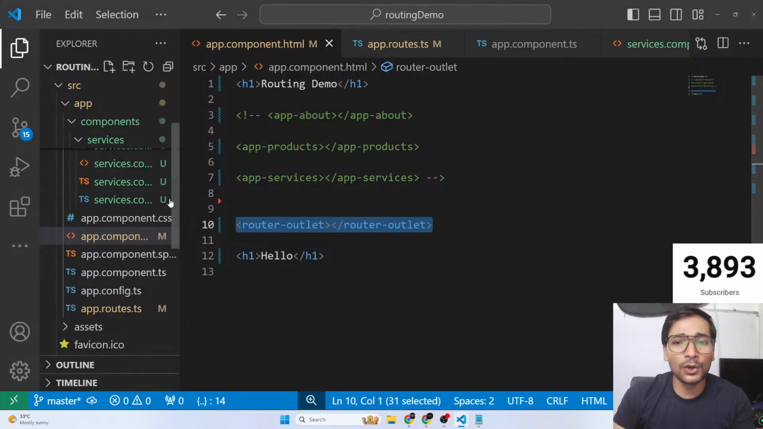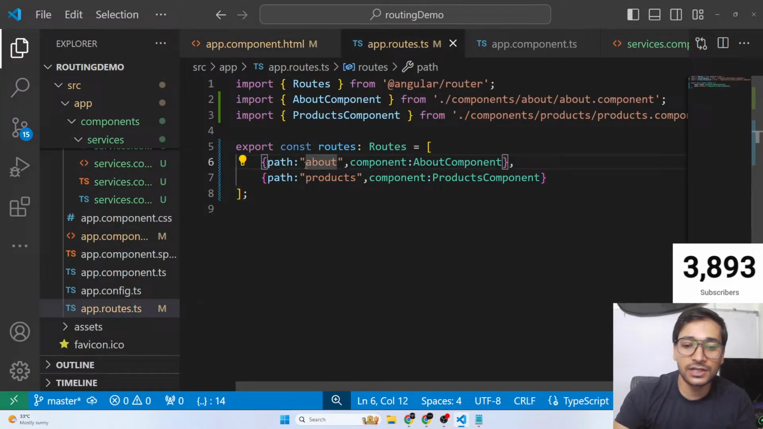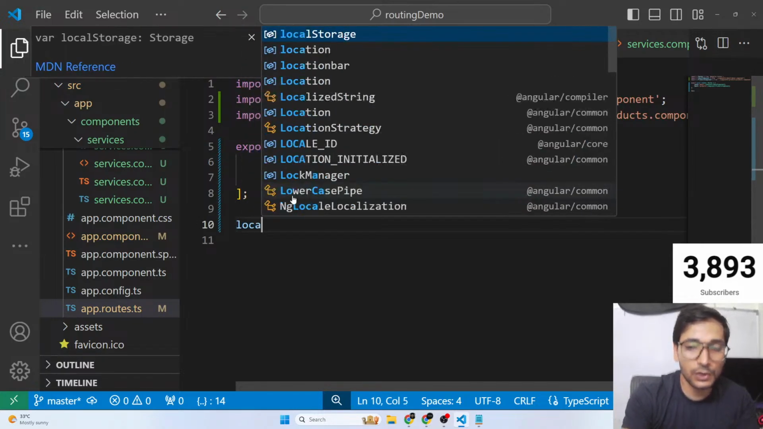Is that clear, guys? No. You don't have to mention / here. Mentioning / here is not important. Obviously, just mention the name because the base path is already there. We know the base path is localhost: